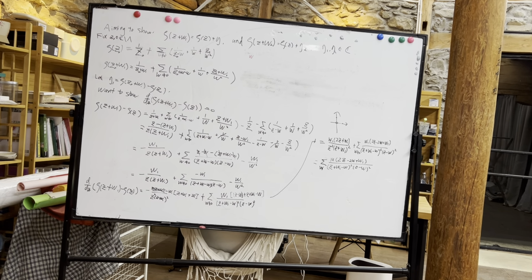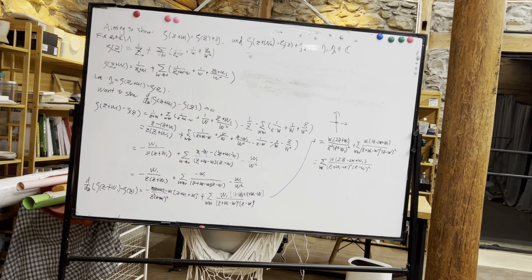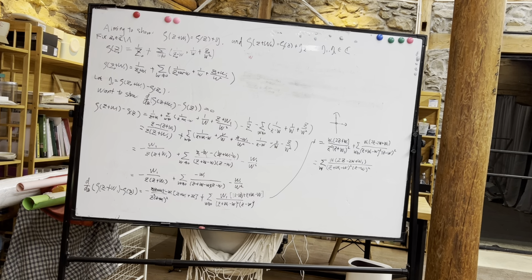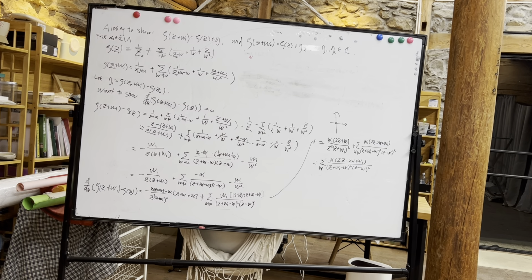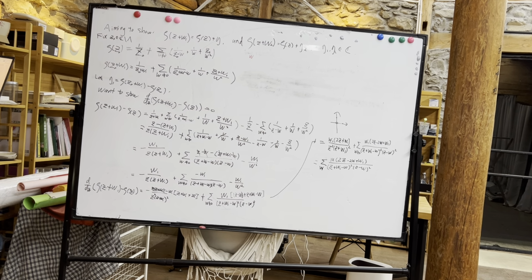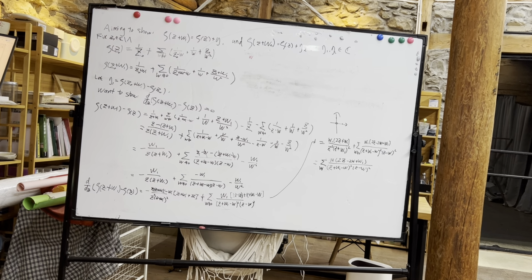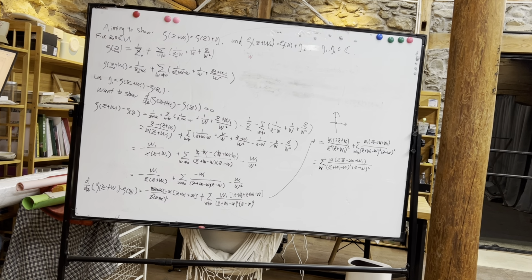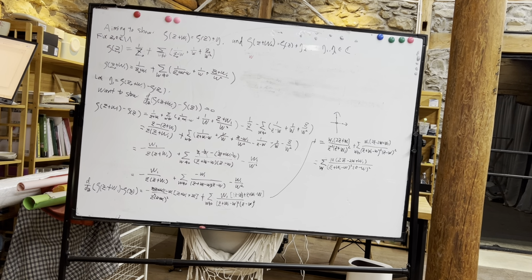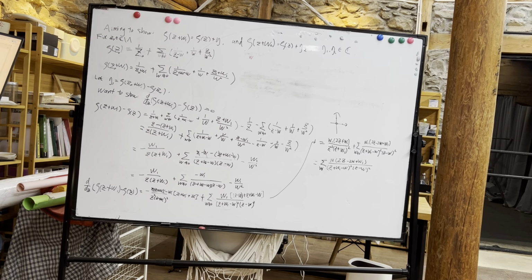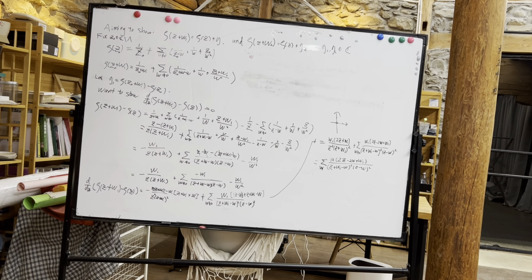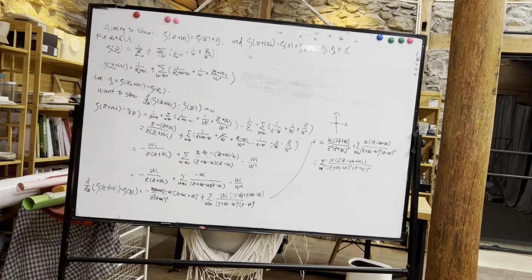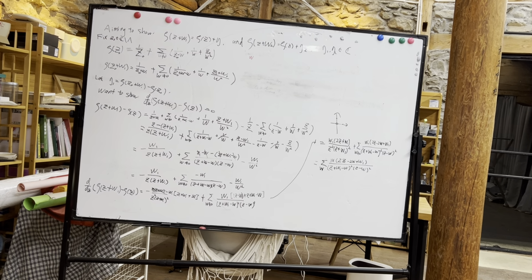So I compute zeta of z plus omega 1, and then I compute zeta z, and then I do the subtraction. I get negative omega 1 over z times z plus omega 1, plus the sum over omega not equal to 0 of negative omega 1 over (z plus omega 1 minus omega) times (z minus omega), all over omega squared. So when I take the difference,